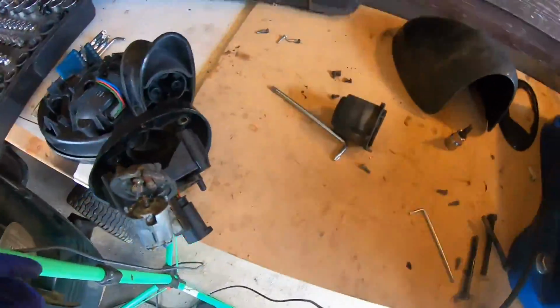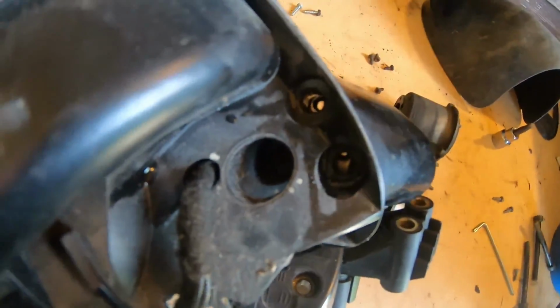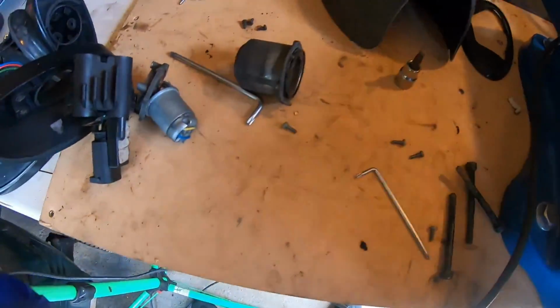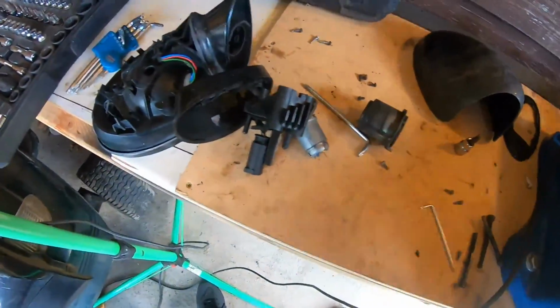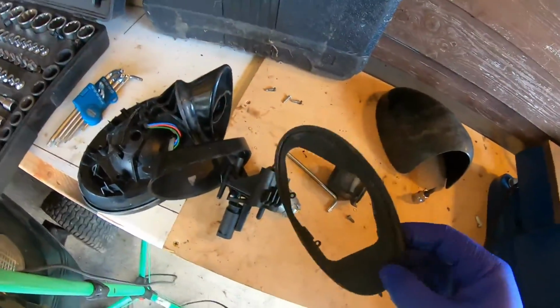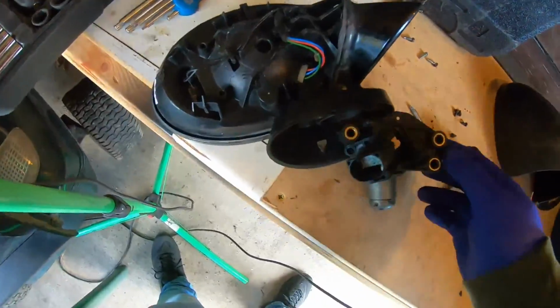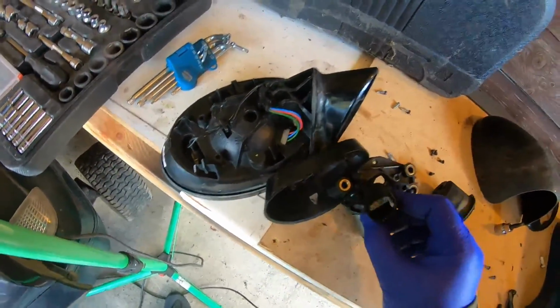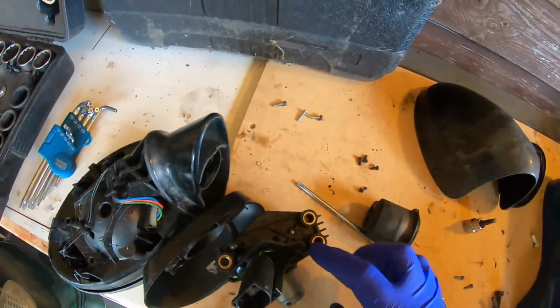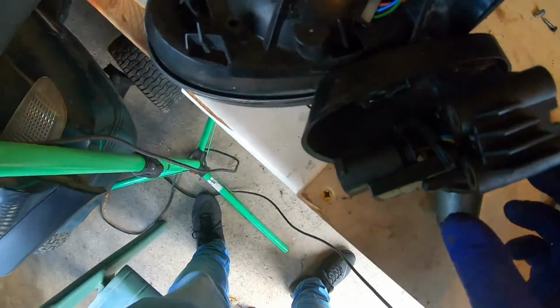In the mirror, there's 3 bolts in the top there. I think they're T10 Torx, so remove them. I took the rubber seal off the base, which was here, and then I unscrewed 4 T10 screws from around here. This piece you can wiggle off. It's got 2 pieces here and here that are like locating pins, and then once you wiggle the motor free, you should be able to